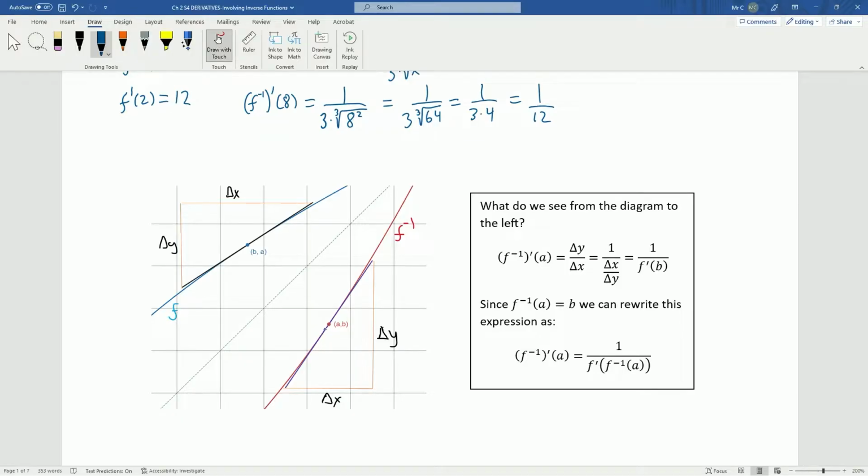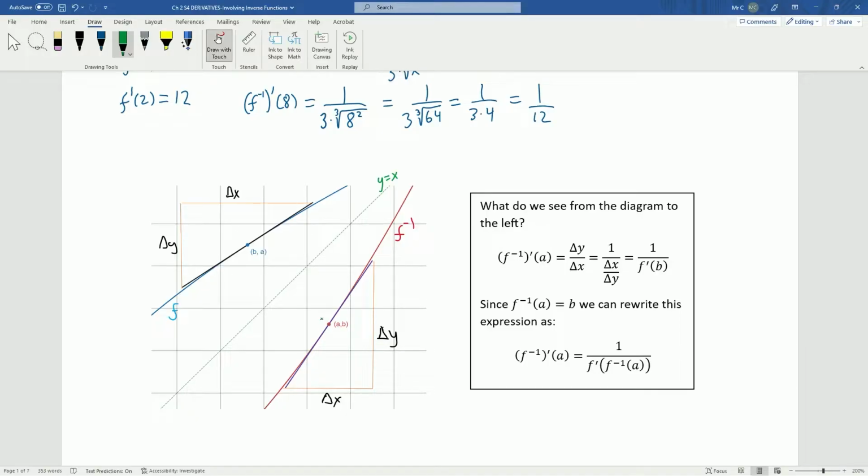And so what I've drawn here is the tangent lines on each function. Now, remember, f and f inverse reflect over the line y equals x. That's this green line in the middle. It's y equals x. So these are reflections over that line. And so if I look at the point (B, A) on the function f, the corresponding point is (A, B) on the